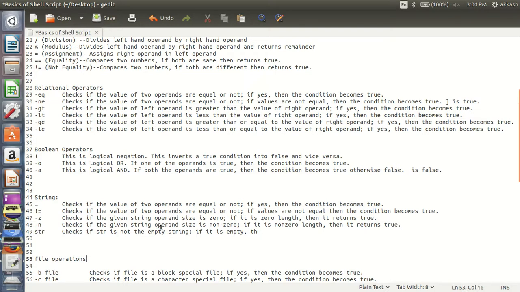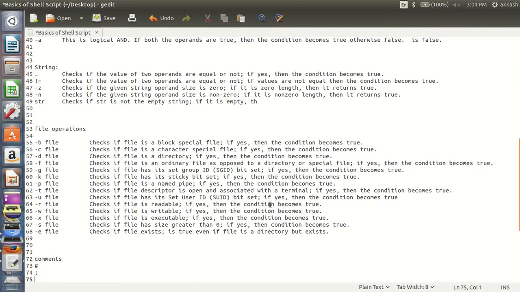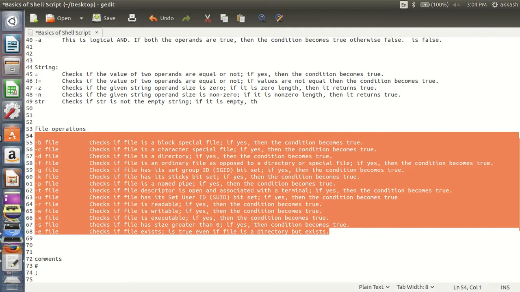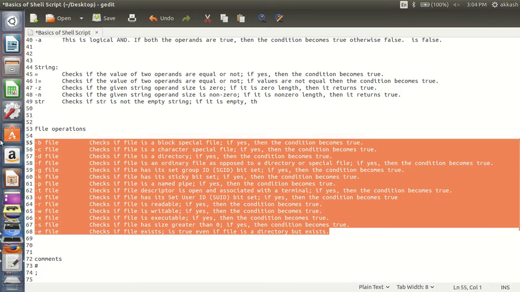Then we have file operations. This is very important and is used in almost all the shell scripts I have created.